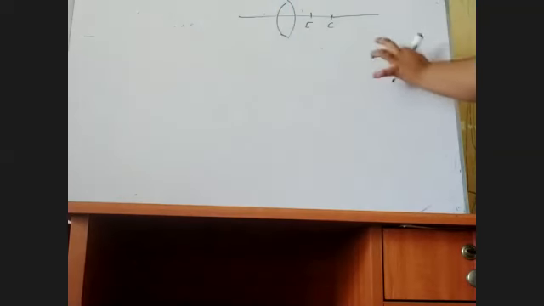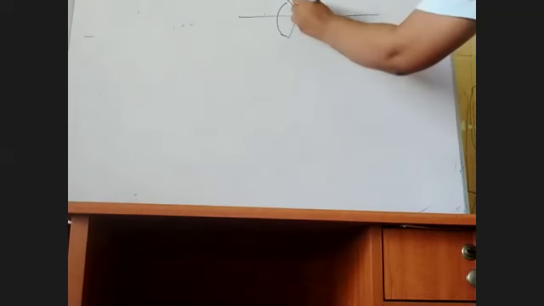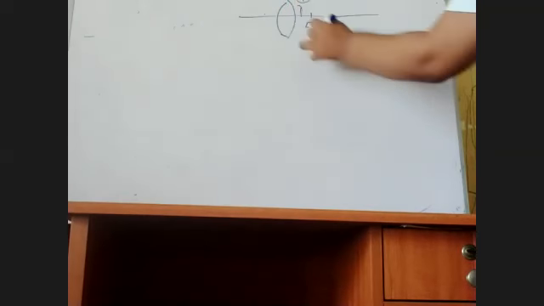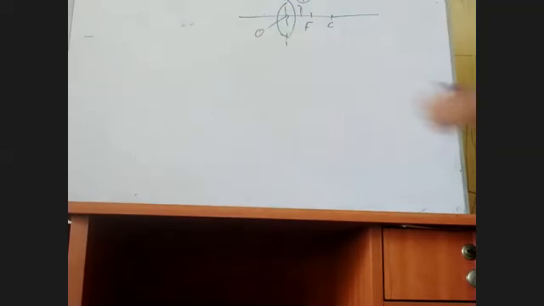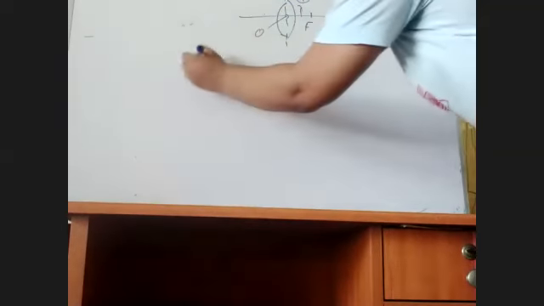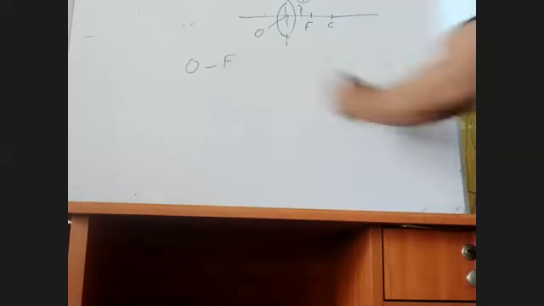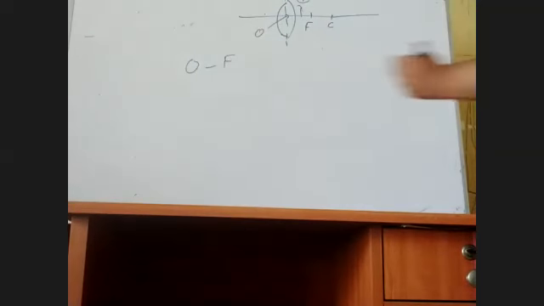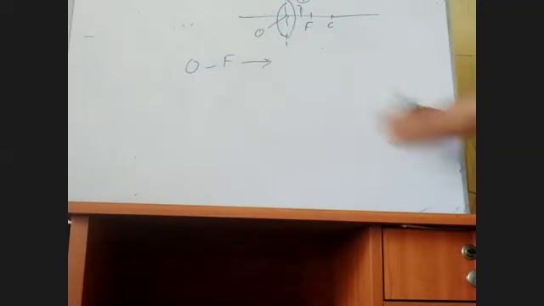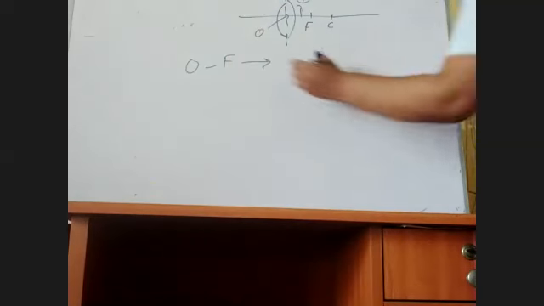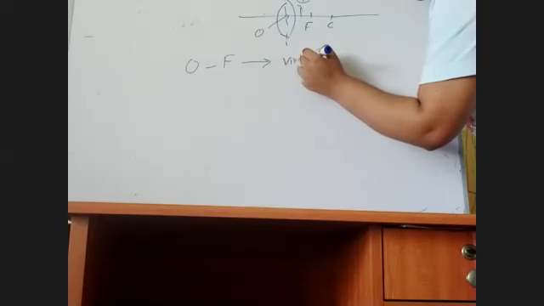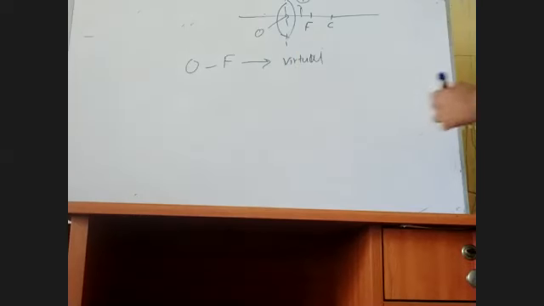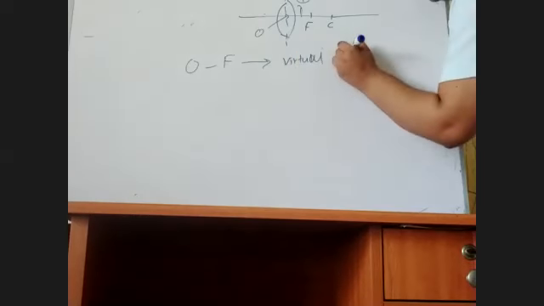In the first situation, when you place the object between the optical center O and the focal point, what happened? The image was virtual. See, turn to your ray diagram. The image was virtual, upright,